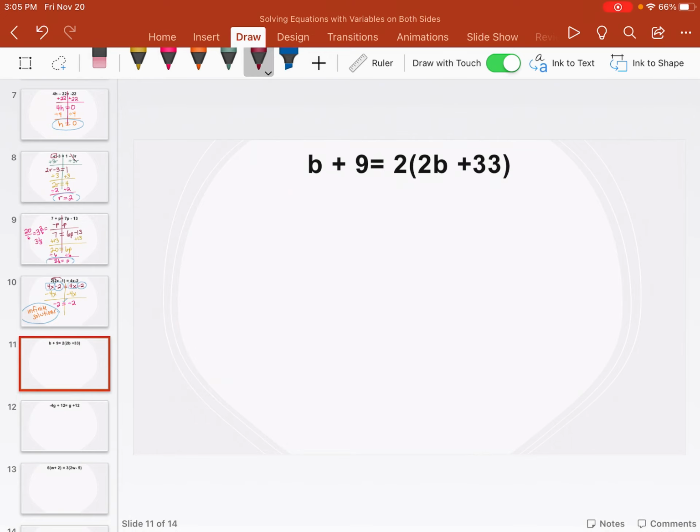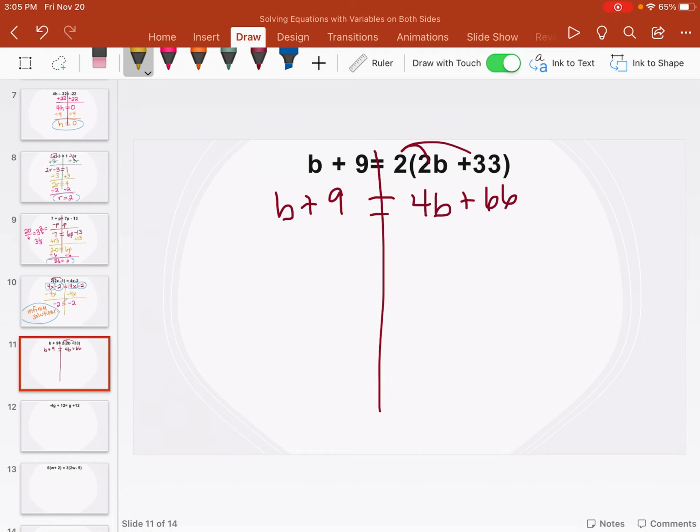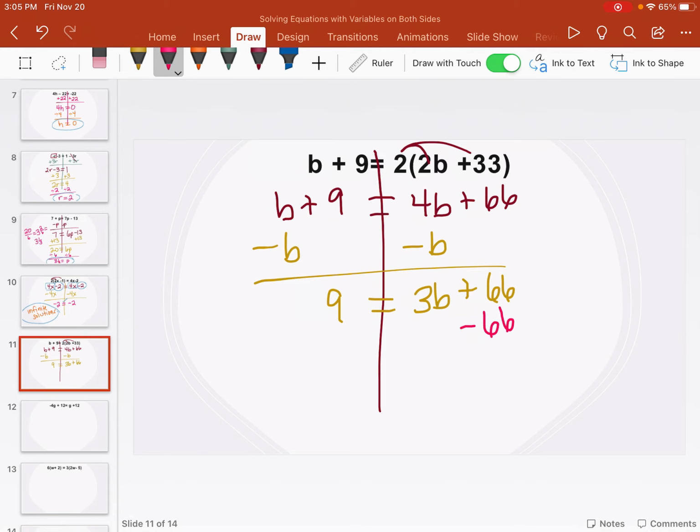Okay, go ahead and distribute. So b plus 9 equals 4b plus 66. If I subtract b, I have 9 equals 3b plus 66. Subtract 66. 3b equals, different sign, subtract, so 66 minus 9,